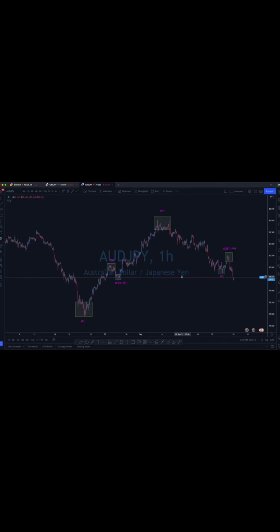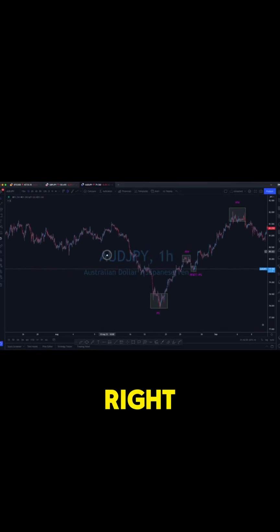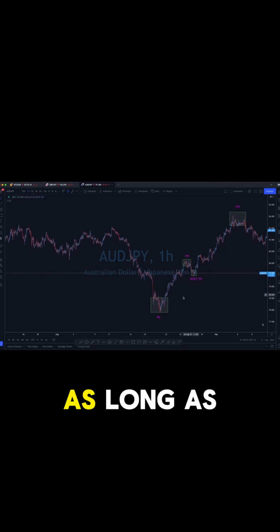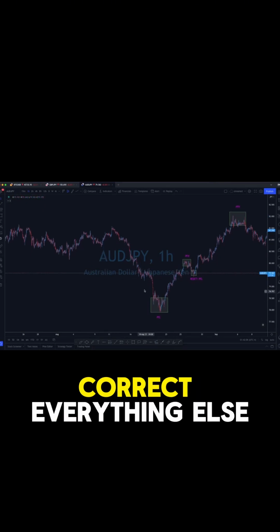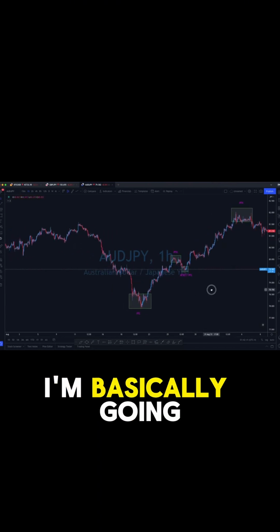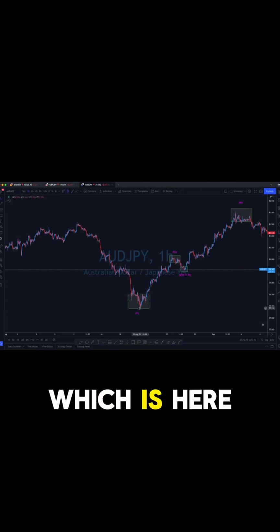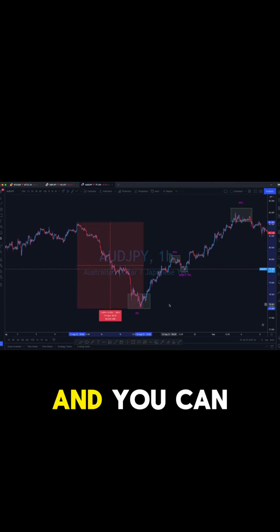So now we have that, we can start literally going back, right? And making sure, because as long as we did this correct, everything else should match up just fine. And so I'm basically going to do the same thing. I'm going to measure from the low, which is here, to the high, which is here, to see what we have. And you can see same thing,